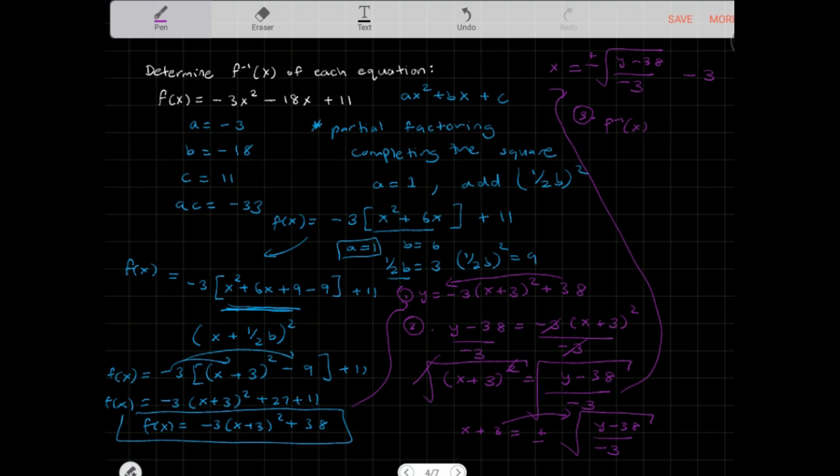So f inverse of x is equal to, and swap y as x, so plus or minus the square root of x minus 38 over negative 3, minus 3. And this here becomes your answer. Kind of messy there, but